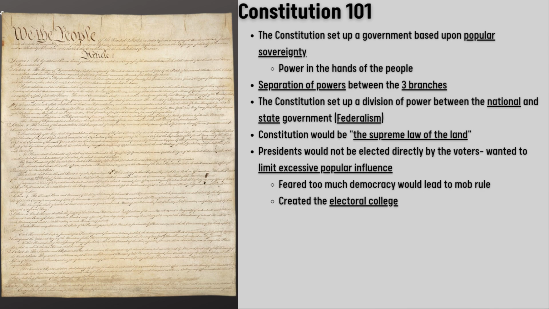Importantly, the Constitution becomes the supreme law of the land, ensuring that all laws and policies adhere to its principles. Lastly, the framers designed the Electoral College to elect presidents, not by direct popular vote, but through electors. This was intended to temper the influence of direct democracy and safeguard against potential mob rule. These foundational elements collectively aim to create a resilient and balanced government system that served the people's interest. This government exists to this day,